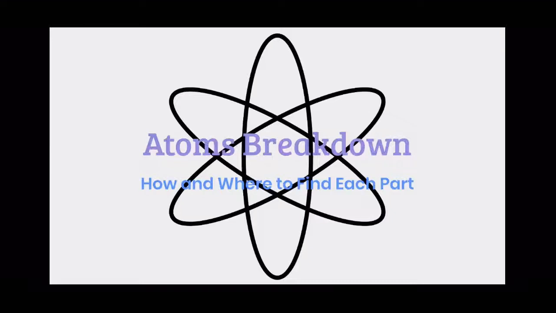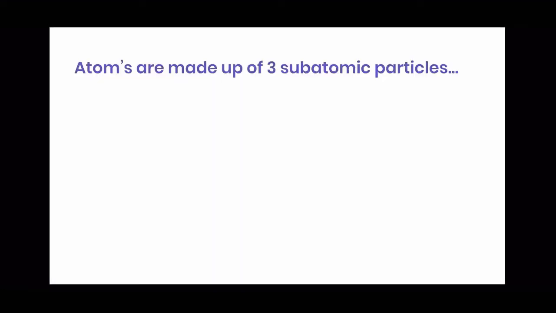Today we're going to be doing a little bit of an atom breakdown. I'm going to be explaining how and where to find each part of an atom. Atoms are made up of three parts, and these three parts are called subatomic particles. These three parts are, first, the proton, which is the positively charged particle, and does make up part of the